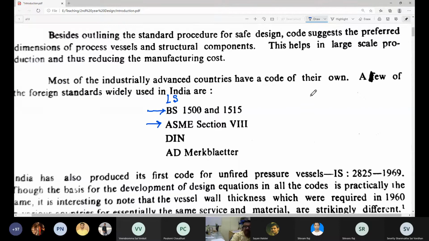Okay. So when it comes to getting a plate of this thickness, you'll find that nobody makes that kind of plate. There are certain fixed thicknesses at which the plates are available. And if you look at this book, at the end there is a table given where these